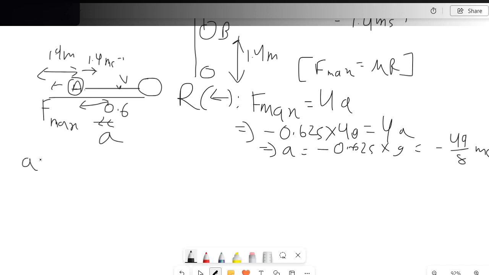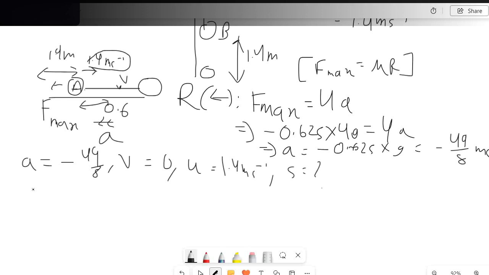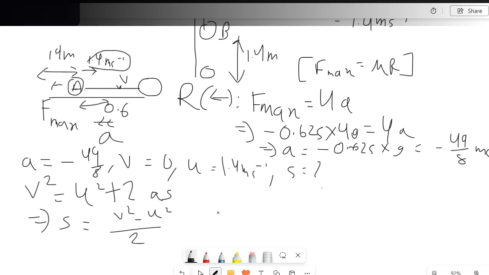So we know acceleration is minus 49 by 8, final velocity is 0, initial velocity was 1.4 meters per second, and we need to find the displacement. We can use the equation v squared equals u squared plus 2as. Therefore s is equal to v squared minus u squared, over 2a. Final velocity was 0, so 0 squared minus initial velocity, 1.4 squared, divided by 2 multiplied with acceleration, which is minus 49 by 8, and so the answer is